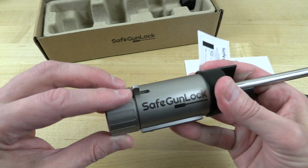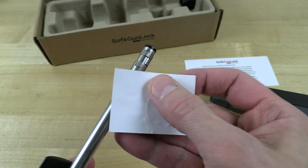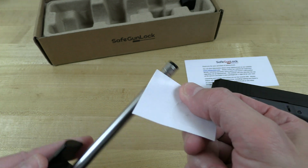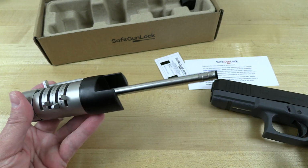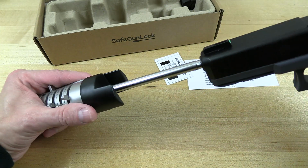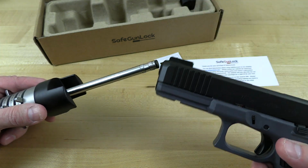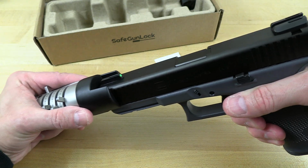So let me push the lever, show you again, it is unlocked. There is a little bit of a ledge here at the end of this. And I'm concerned that if you yank this out of the barrel of your gun in a hurry, that you could leave a scratch in there. So what does that mean? If you draw this straight out, now see, it's catching, and I don't know what is catching exactly, this plastic piece or what. But if I draw this straight off,